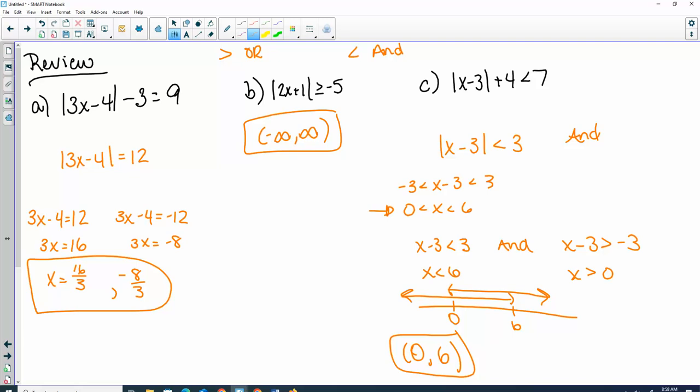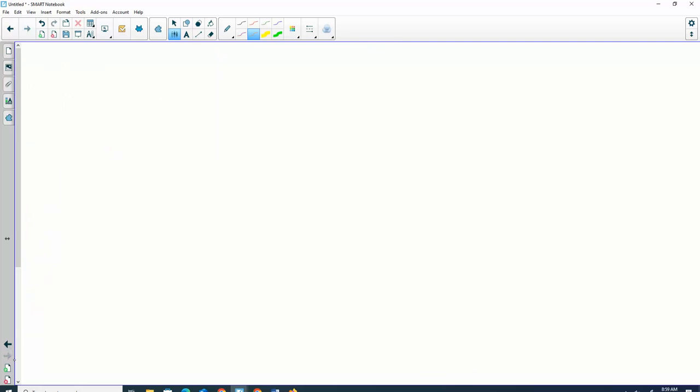Okay, so that was the first piece. Absolute value equations and inequalities. Questions about any of those? The next thing we went into were piecewise functions. So for instance, if I said you have a function